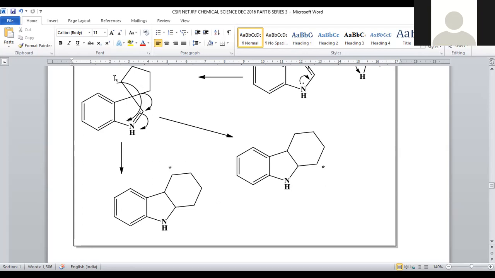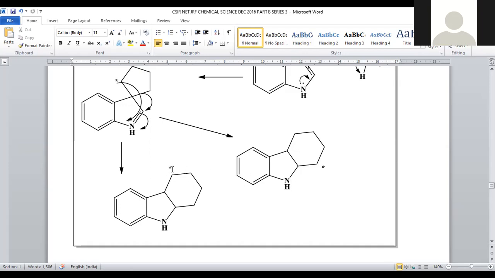And one more possibility: this labeled carbon is able to bind with this carbon. So there are two probabilities, right? The 5-membered ring is able to cleave at either this carbon or this carbon. If this carbon got cleaved, the labeled carbon lies at this position only. If this carbon gets cleaved, what happens? This is flipping and coming toward this side, and there is a formation of a 6-membered ring. The asterisk will come near the nitrogen. So two probable products are generated, which can be simply predicted.